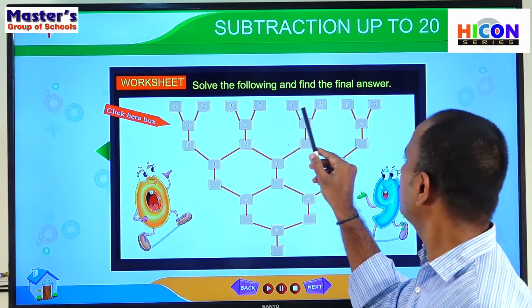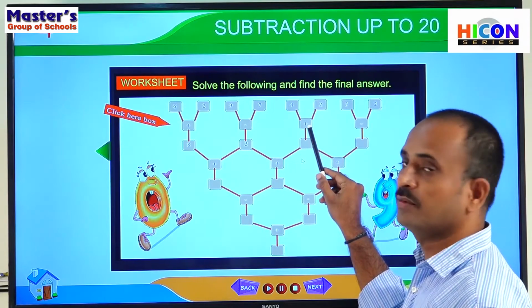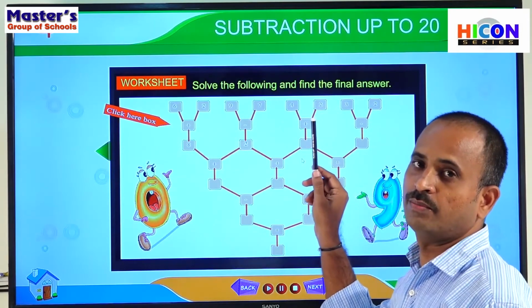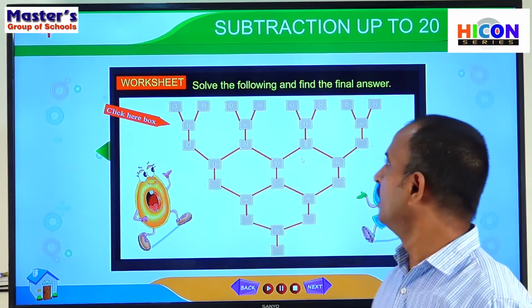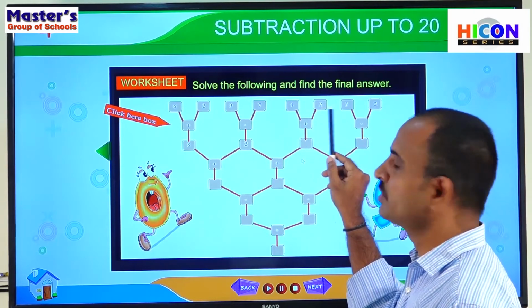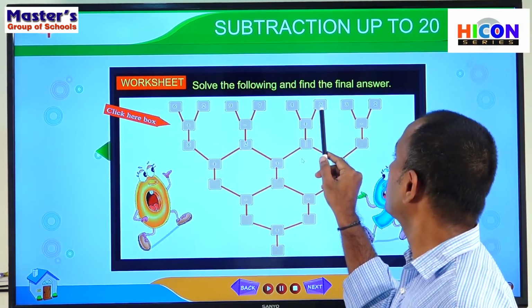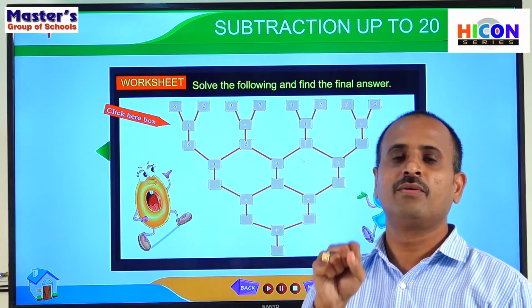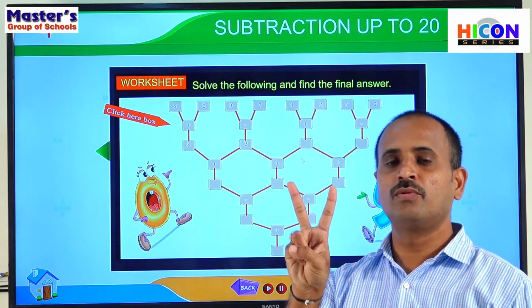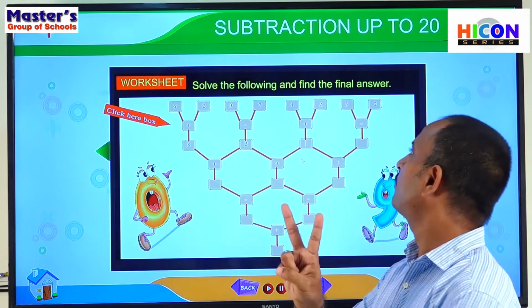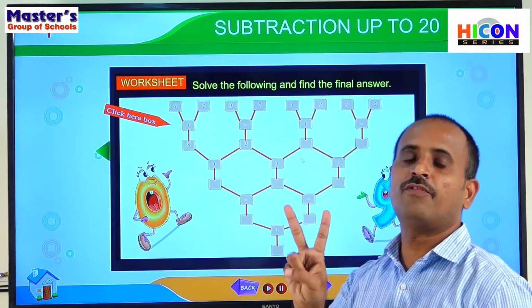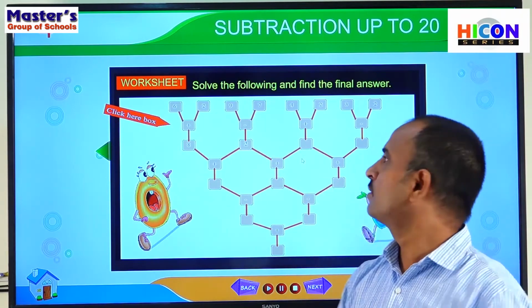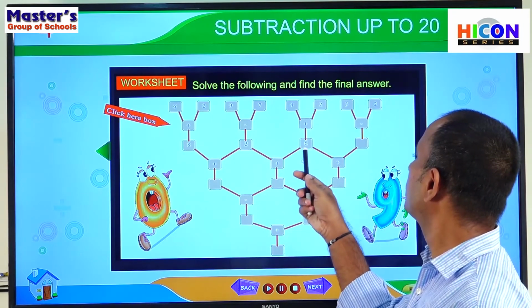So the first number is 4, the second number is 2 and they have given a symbol plus. Plus means we have to add 4 and 2. So how can we add? Do you remember how we carried out additions in the previous chapter? In the same way, the first number is 4 and the second number is 2. In addition, we have to open the fingers equal to the second number. So what is the second number here? 2. So open 2 fingers of your hand. 1, 2. Now start counting after the first number. So what is the first number here? 4 is the first number. After 4 we will get 5. So start counting from 5. So 5, 6. So the answer is 6. So the sum is 6. So write 6 in this box.